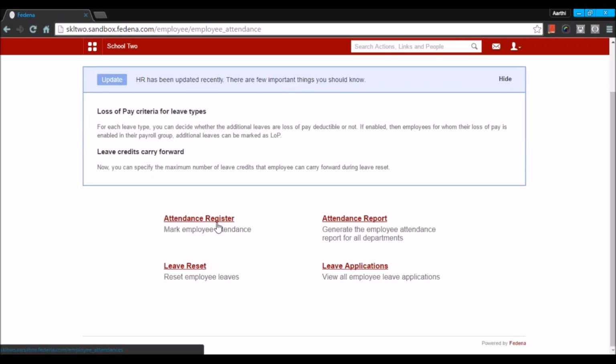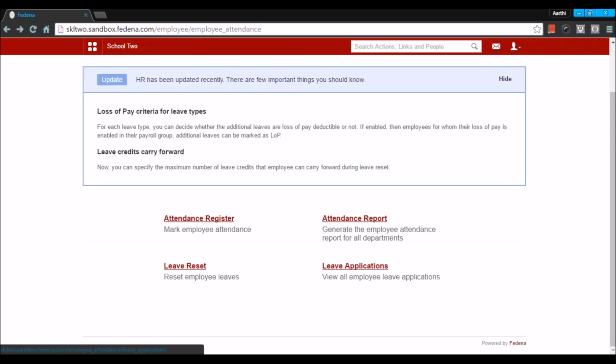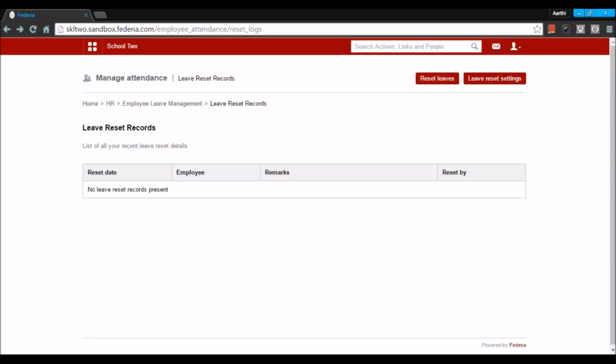Now moving back, we have the leave application, and leave application is a place where each of the employees' leave application has been approved or rejected. So here you can see all the leave applications that have been created. You can have a look at these applications and you can save them. So the next thing that we have under human resource